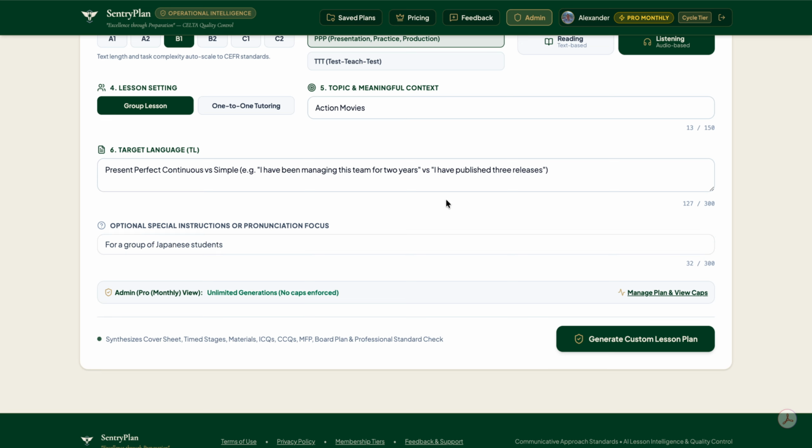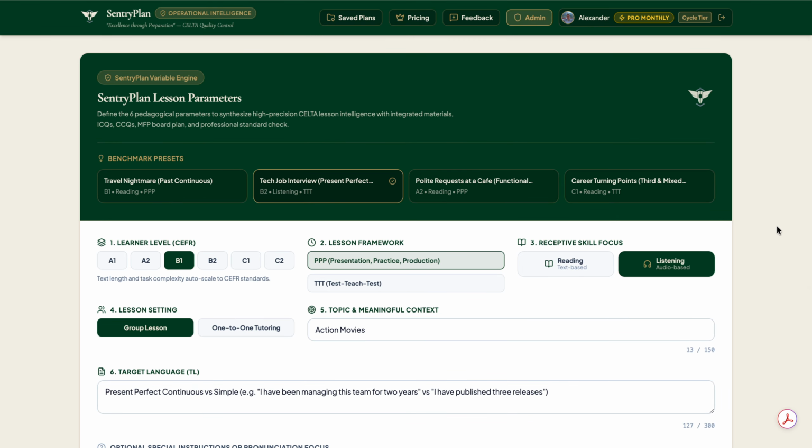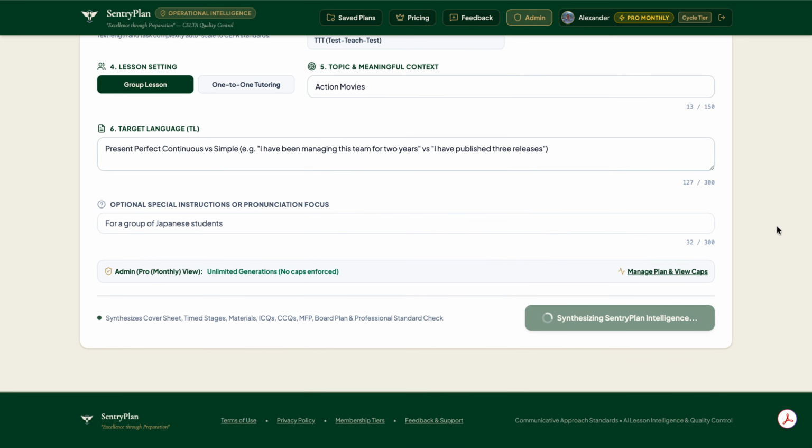You don't actually need to fill in this field, but you have quite a few options for giving some extra instructions to the generator, right? And let's generate a lesson. So now we hit this button, generate custom lesson plan, and we wait while it loads. It'll take a couple of minutes, and while we wait,